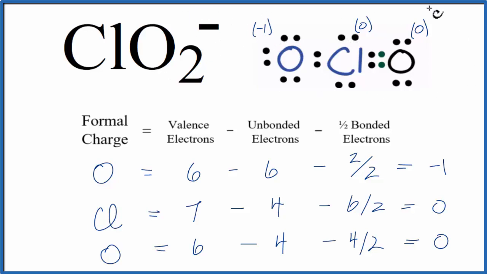This compound does have a resonance structure where you'd have the double bond on this side as opposed to over here. But again, you would use the formal charges. You'd have the 0 on the double bonded oxygen and the -1 on the single. So those are the formal charges for